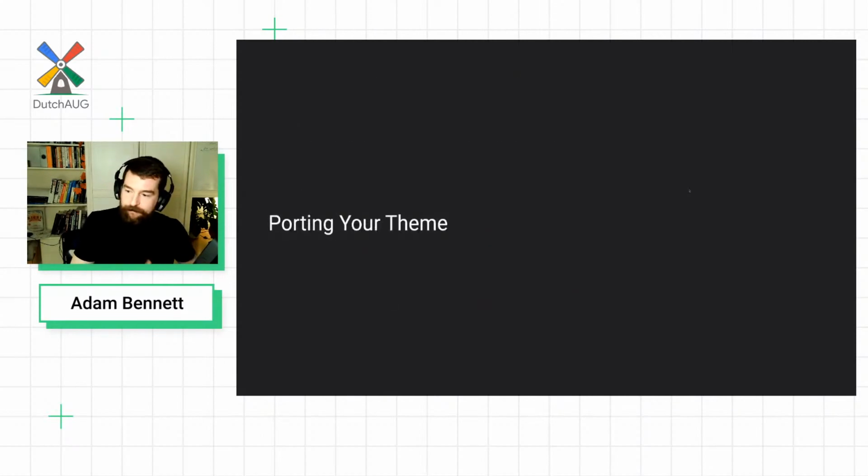So when you actually start writing code, porting your theme across is probably the most kind of foundational aspect. It's really what everything else is built on top of in Jetpack Compose, and it's fairly important to get that right. And one of the things you want to think about is, is your design system simple enough to adhere fully to the material design spec, or do you need something a bit more custom? The chances are that it's custom. Even with the best will in the world, you're unlikely to adhere to material 100%. And if that's the case, then how do you kind of integrate that into Compose itself?